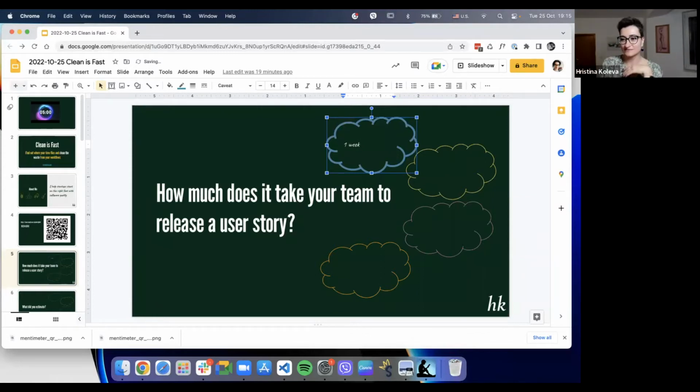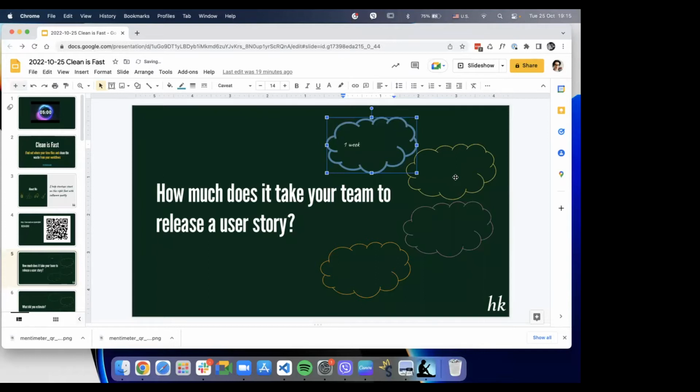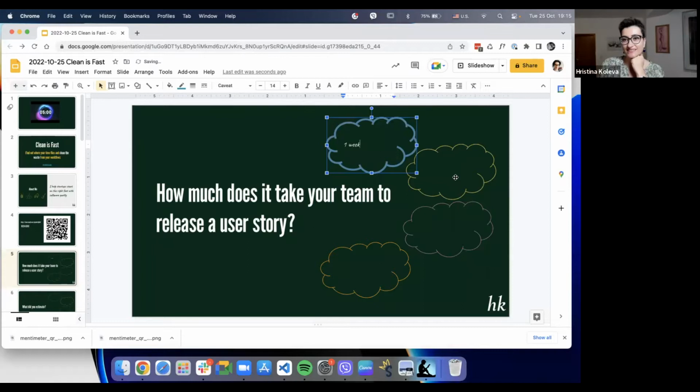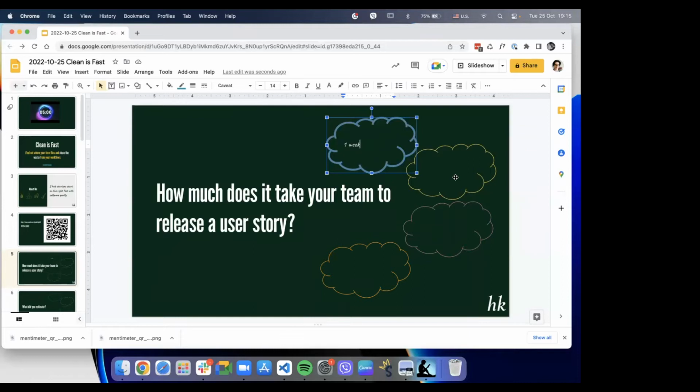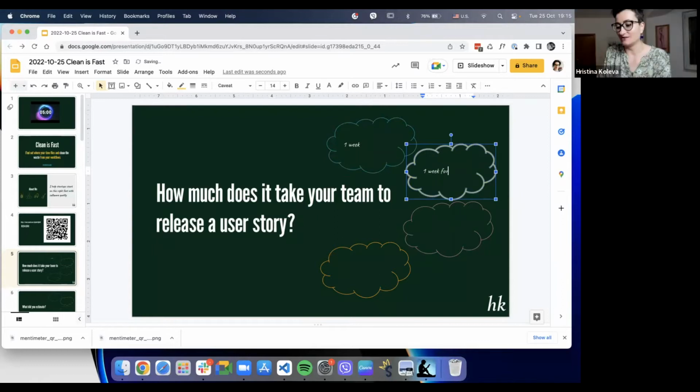Okay, what about the rest? Will you share? Did you include the discovery process in this 1 week? That's the second question. Whatever you include. If you think only for development, yes, 1 week is possible. But if you start the process from the beginning, more than 2 weeks. 1 week for dev and 2 or more than 2 weeks with discovery.